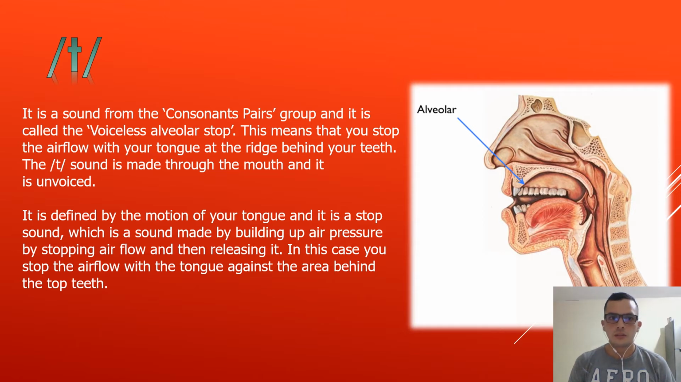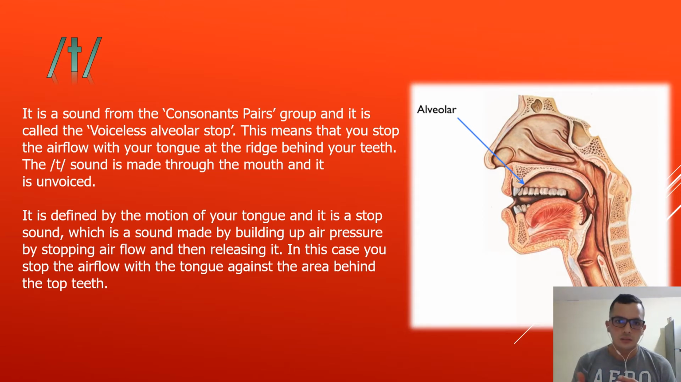This is the t sound, as in the words thin, hot, or today. It's a sound from the consonant pairs group, and it's called the voiceless alveolar stop. This means that you stop the airflow with your tongue at the ridge behind your teeth. The t sound is made through the mouth and it's unvoiced, which means that you don't use your vocal cords